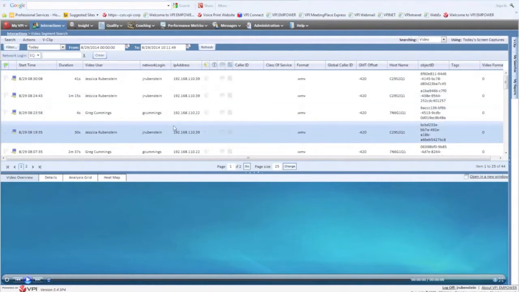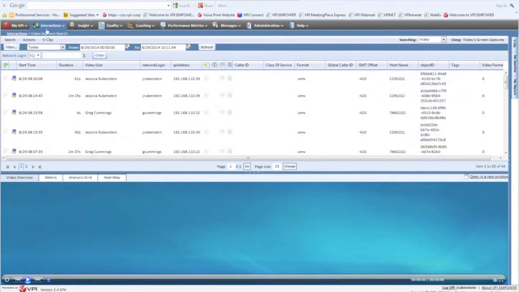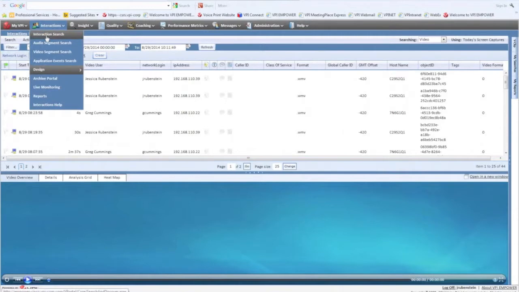The next item I want to discuss with you is modifying your search layout, right? This is your search grid. Hopefully everybody is aware that this is where all of the call recordings live, all of your screen captures. If you are getting screen captures, this is where they're all going to live. And if I go back to my interaction search here,